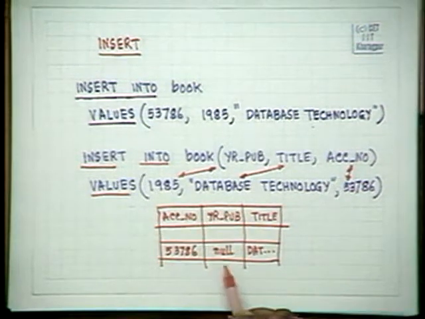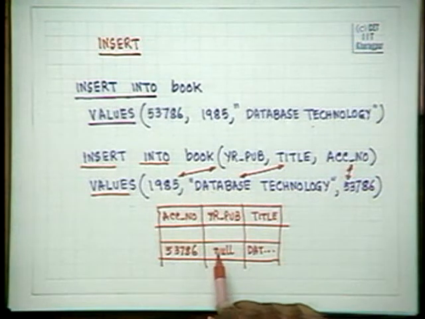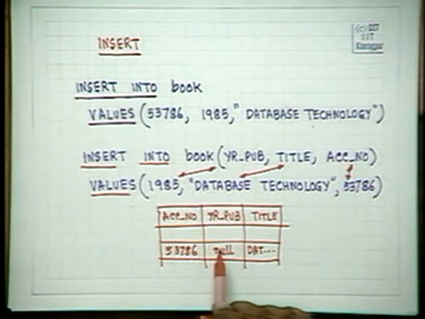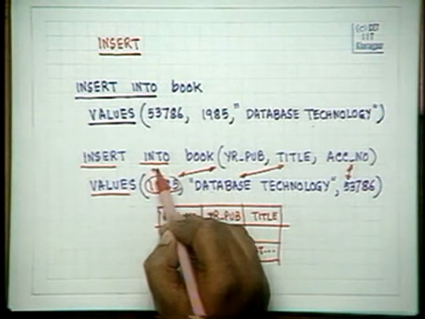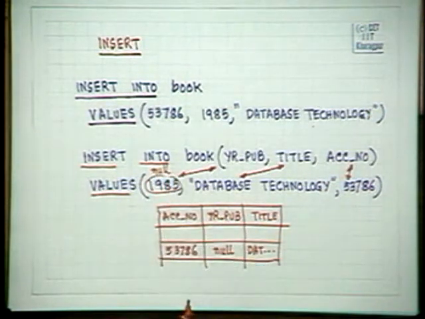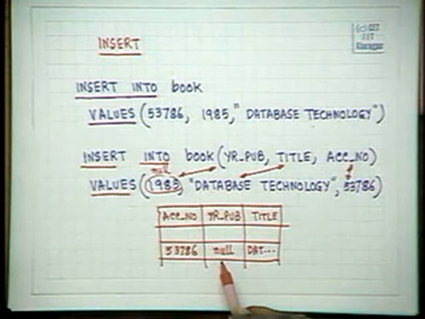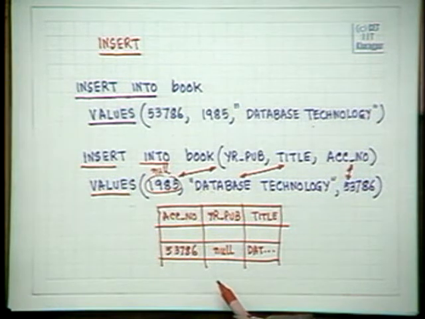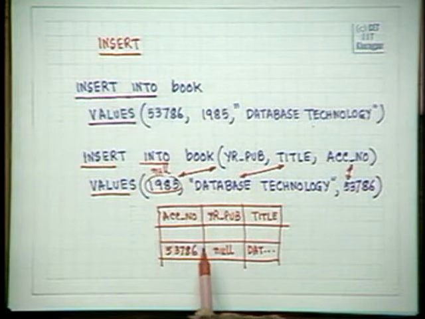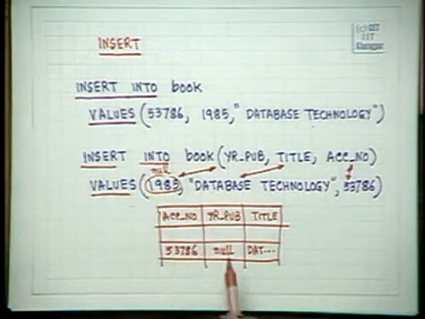This is a special symbol saying that there is nothing here. This field is absent. It is called a null field. In fact, you may specifically write down null also. These languages provide that you can write down null for that field. Normally this should not happen, but it may happen because you may not have all the information during updation, and if you have no information and you still want to update, maybe later on you may fill up that field. So these languages provide you the facility of using null.